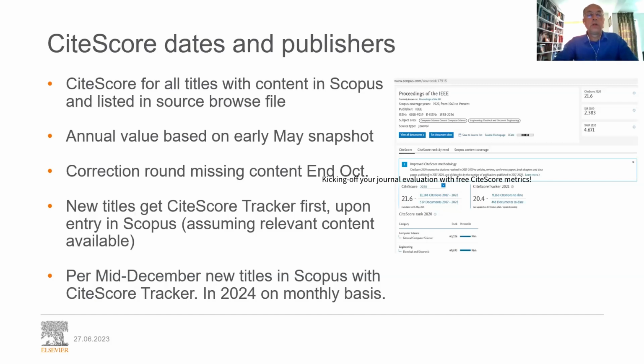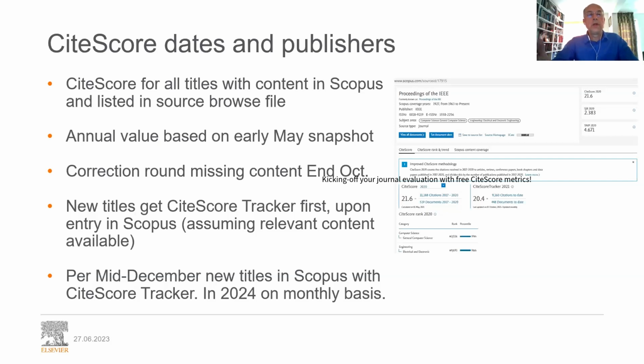There's a correction round. Sometimes what you see at release is that certain journals see that their CiteScore is based on incomplete data, which implies that if they realize that they should send a message to our customer support, which then works with them to see if in the upcoming month the missing data can be added in order to be ready by the end of October, in which we do a very small recalculation of those titles that we recognize were missing data and then get an updated CiteScore by the end of the year, which is then re-injected into the database. It's mostly only a handful of titles.